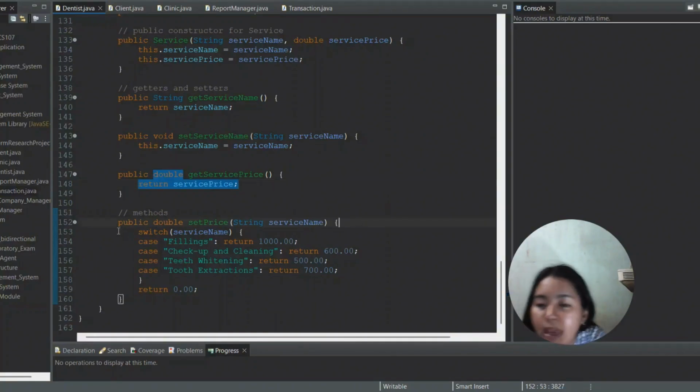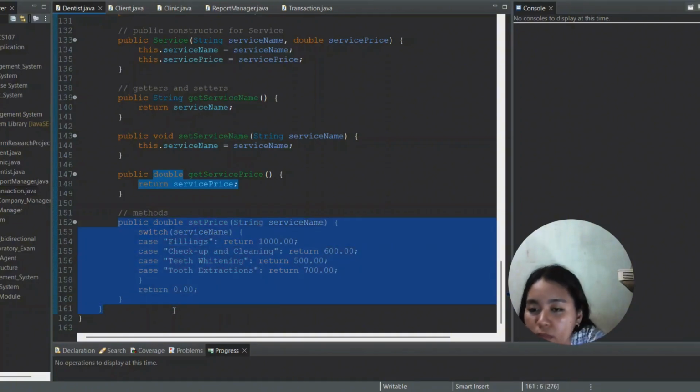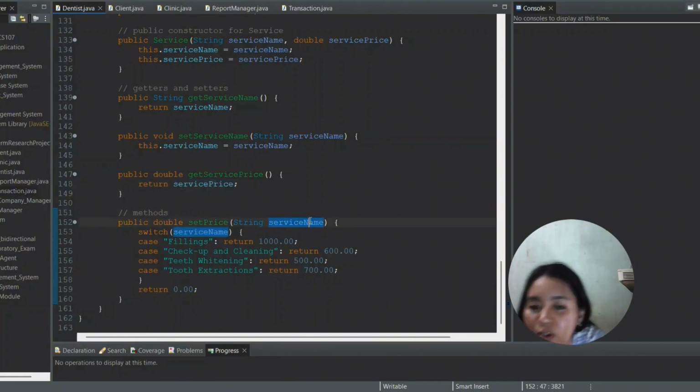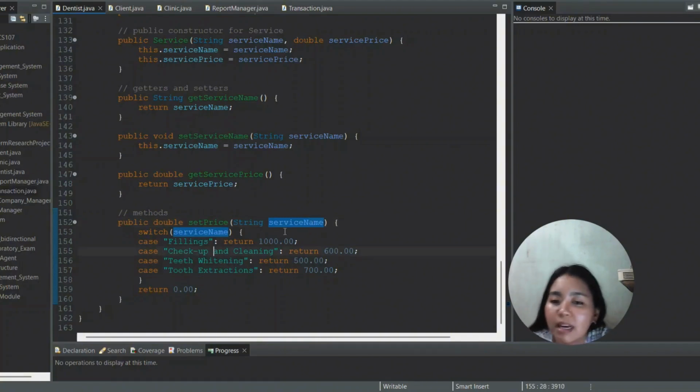Here we have a method that sets the price, with a parameter for the service name. When the service name is determined, it checks the service chosen by the user.